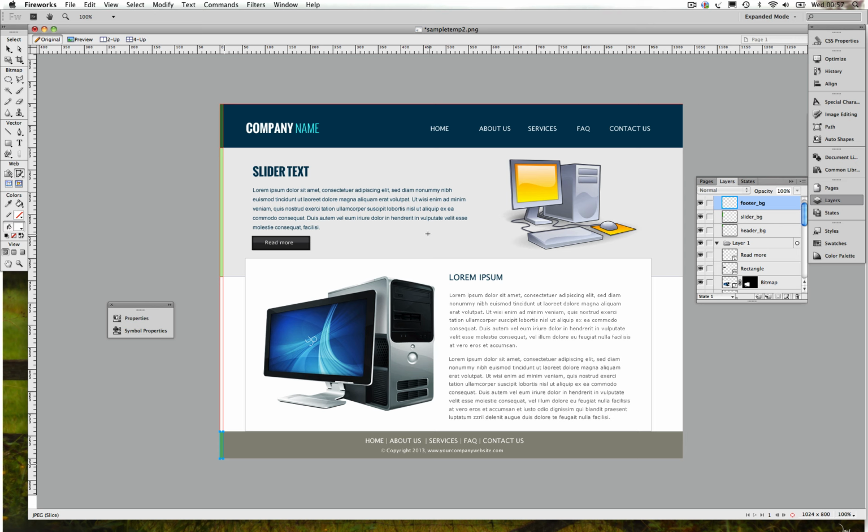Okay, a couple of other things that we also want to export, which are the buttons, the computers, this computer, the computer, and the logo. And I will show you how to do that in a minute. Let's export these three things first. Let's select these three and go to File,